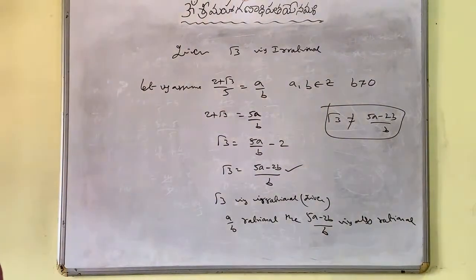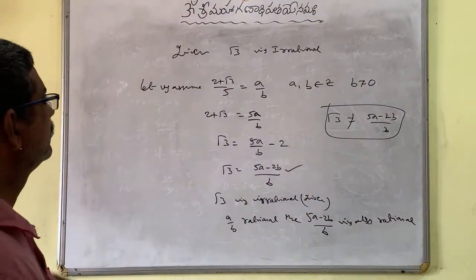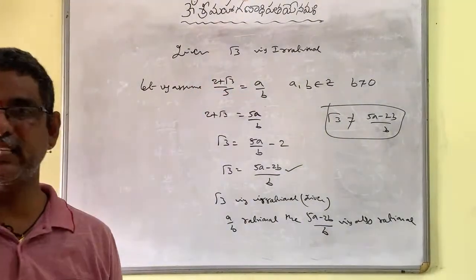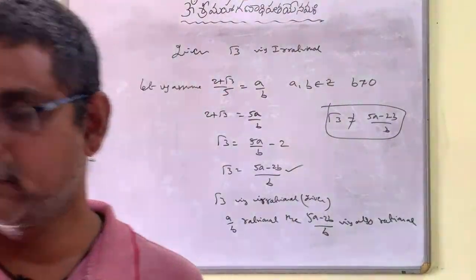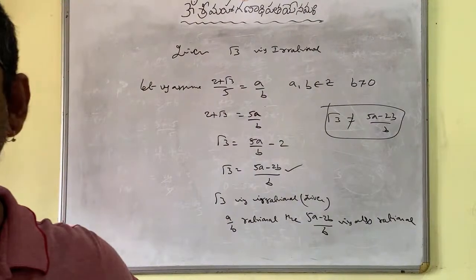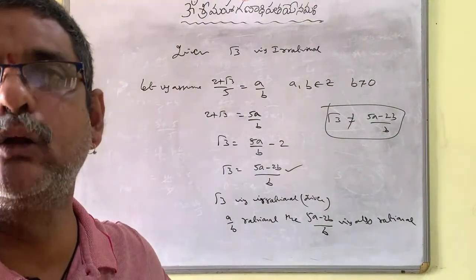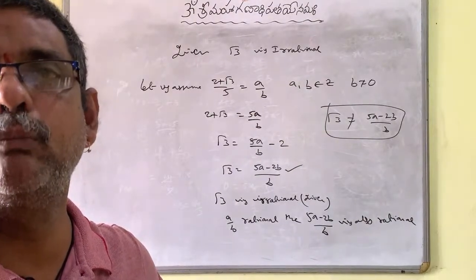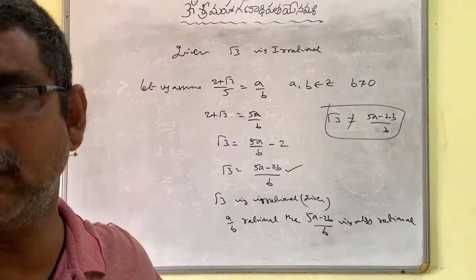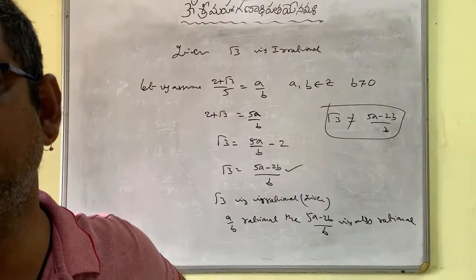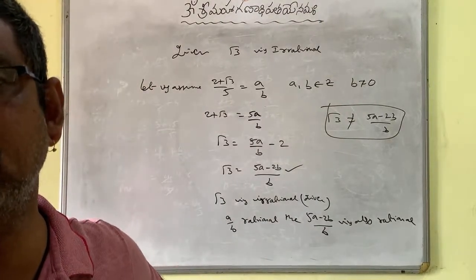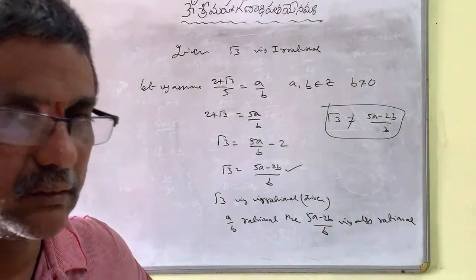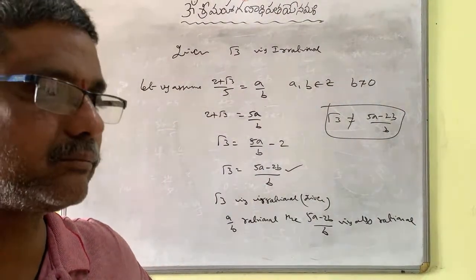Once again. This is given: root 3 is irrational. Keep that in mind. Root 3 is irrational, it is given, no need to prove it. But we have to prove (2 plus root 3) by 5 is an irrational number. So we will go ahead with the contradiction method. Contradiction means,